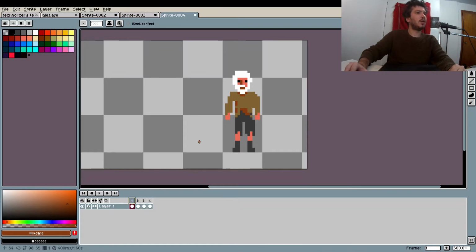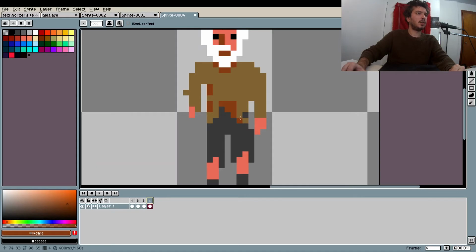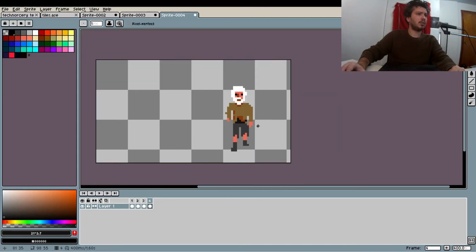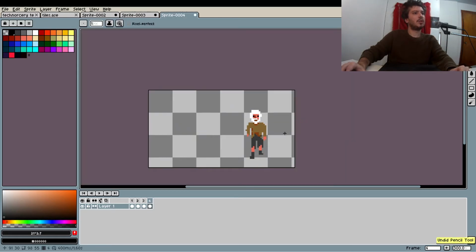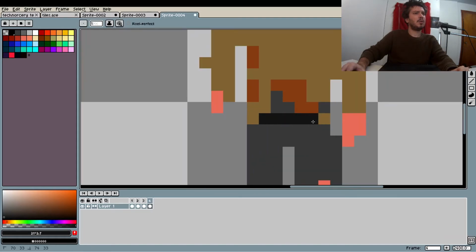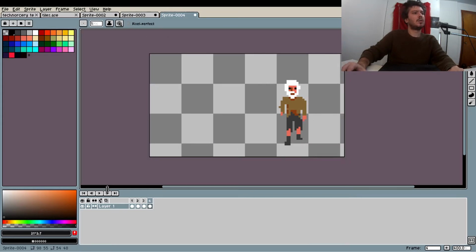So now it looks like this part here is dirty, or like he was bloody or something like that. And this one, see this? There's a little pixel here and it's gone. Boom. And then another thing you can do is make this a little bit darker and add a little belt or something. I don't know, something like that. You can give him a little belt, maybe here, or maybe no belt. Anyways,